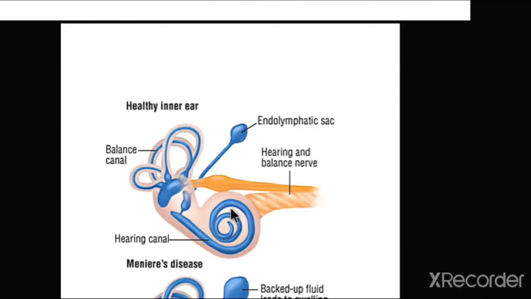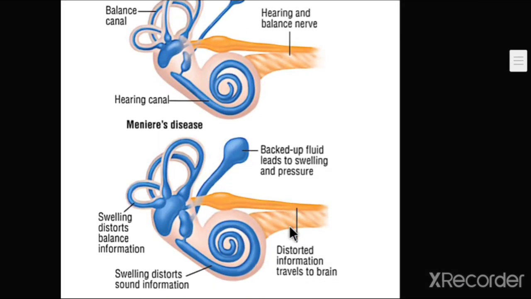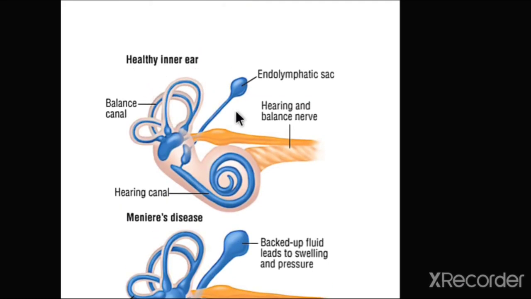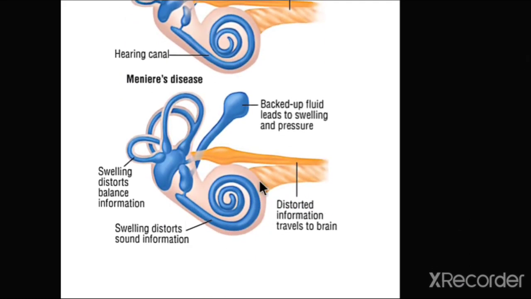Let's also look at the definition of Meniere's disease: there is dilatation of the membranous labyrinth, which is present within the bony labyrinth. This is the healthy inner ear, and this is the ear having Meniere's disease, and there is dilatation of the cochlear membranous labyrinth, the saccule, and also the membranous layer of the semicircular canal. Due to this dilatation, there is abnormal information going through the vestibulocochlear nerve, so symptoms like vertigo, sensorineural hearing loss, and tinnitus occur. So the mechanism is finished here.